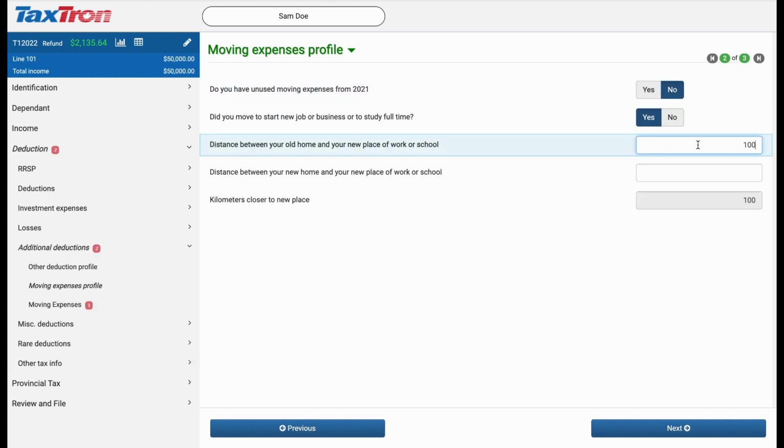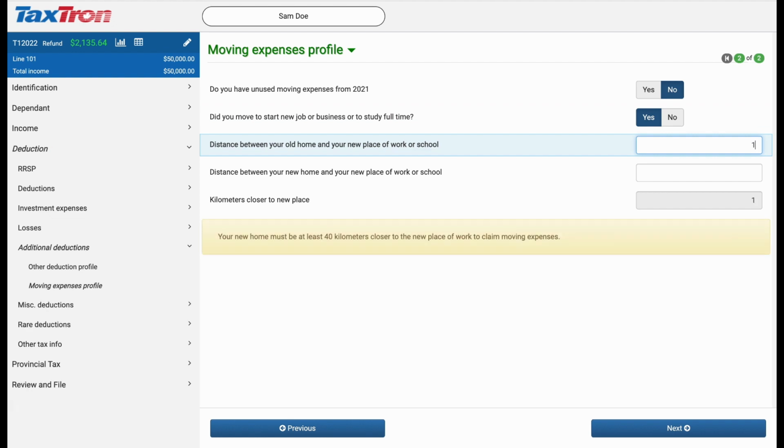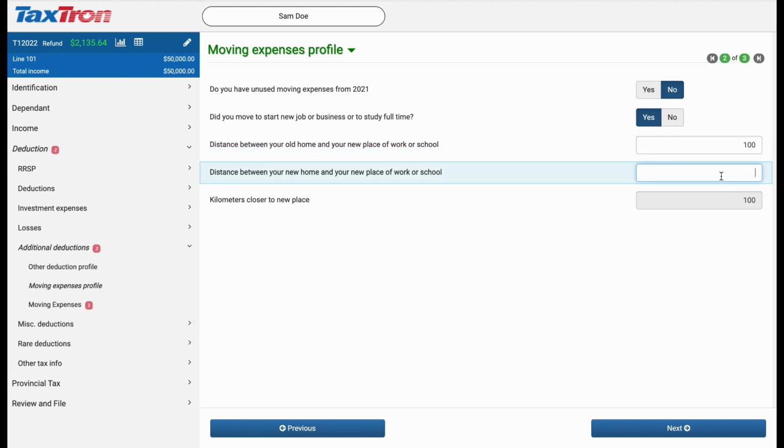If your answer to the second question is yes, two fields will appear where you need to provide the distance between your old and new house to your place of study or work. If the distance is greater than 40 kilometers, you can proceed to the next step, which is entering the expenses